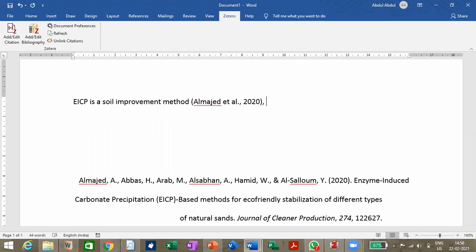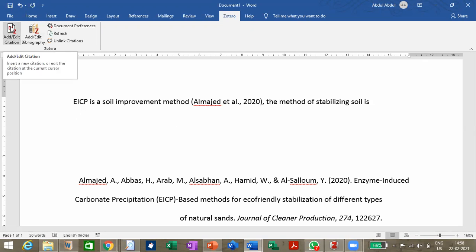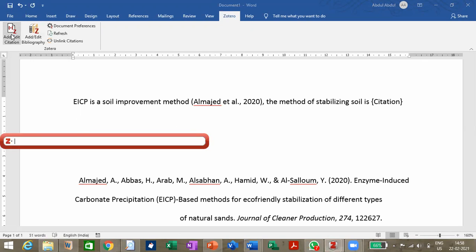So I'll write one more sentence. The method of stabilizing soil is so and so and so. Right now I want to cite this from the paper. I'll again go to add or edit. This time I don't remember the name of the paper, so I have this drop down option.